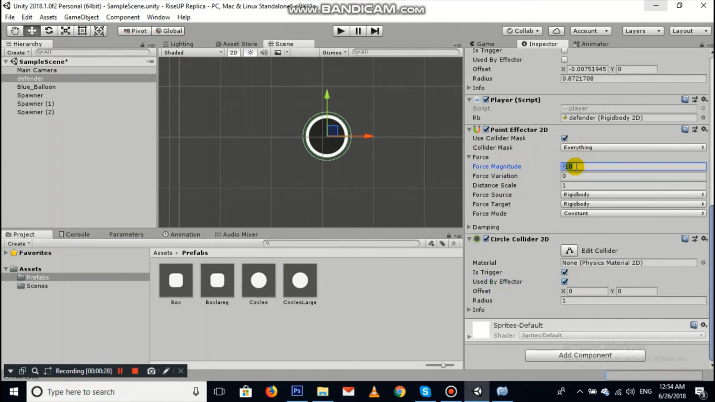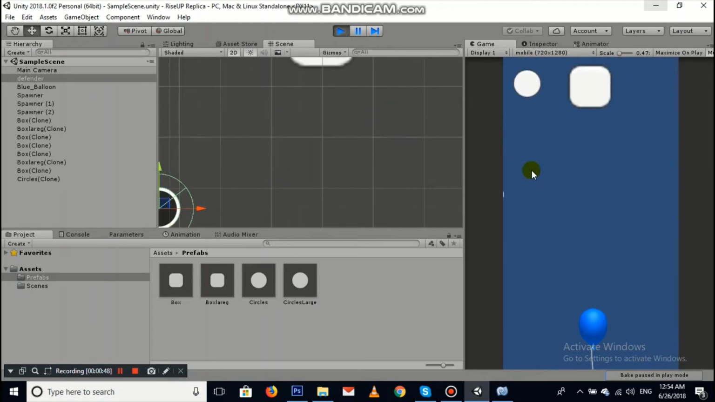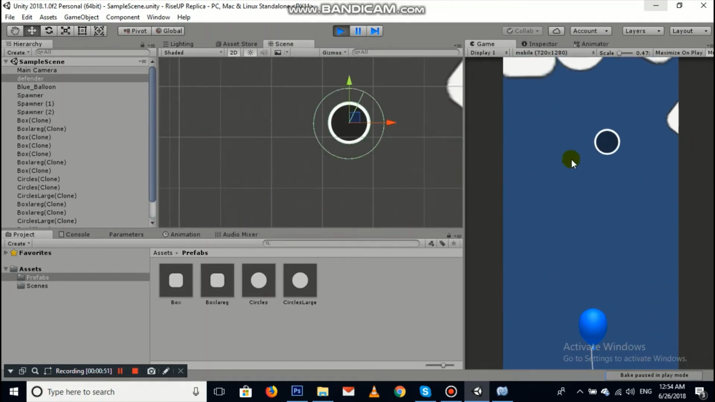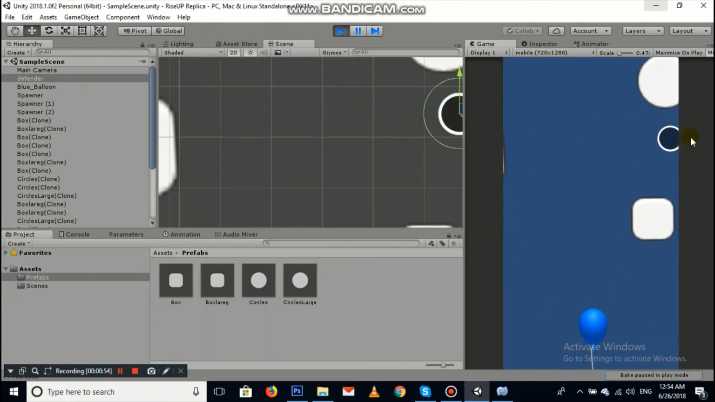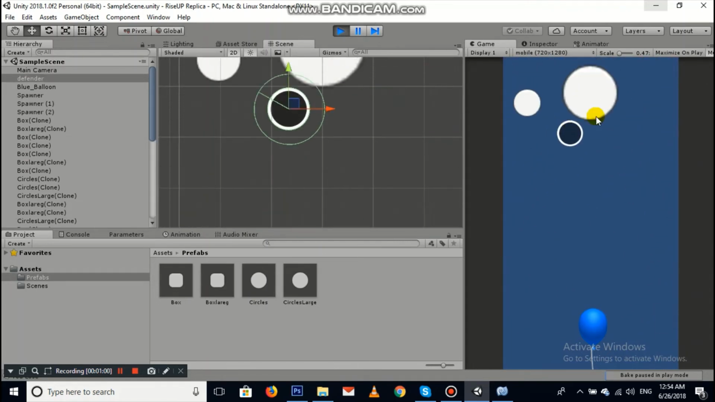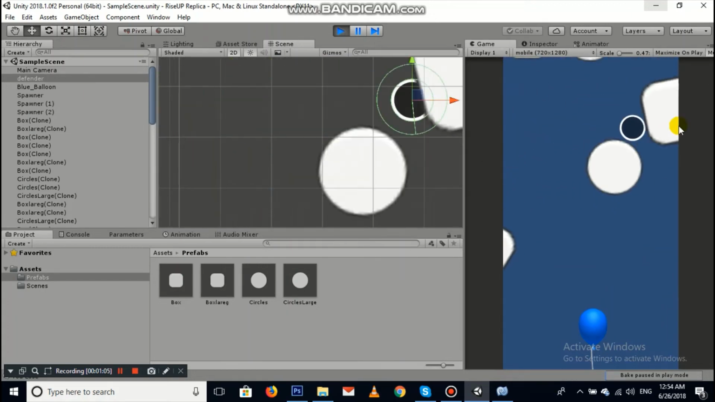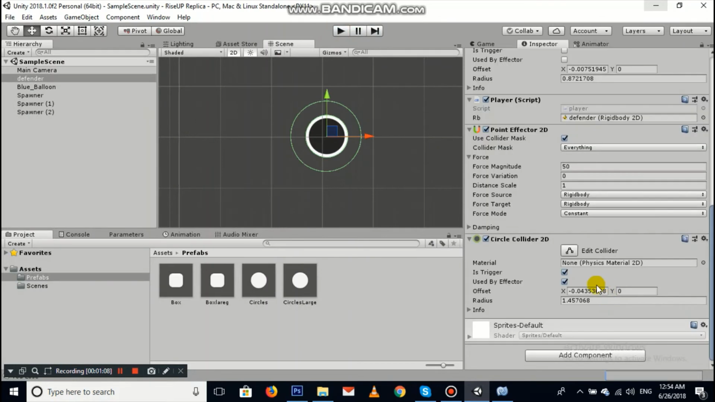Now we adjust the force mode to 50 and make this collider a little bigger. Okay, now it is fine, and let's check what happened with our game. Okay, and you can see now it is much easier to defend the balloon. Okay, so you can also increase the magnitude of the force, like